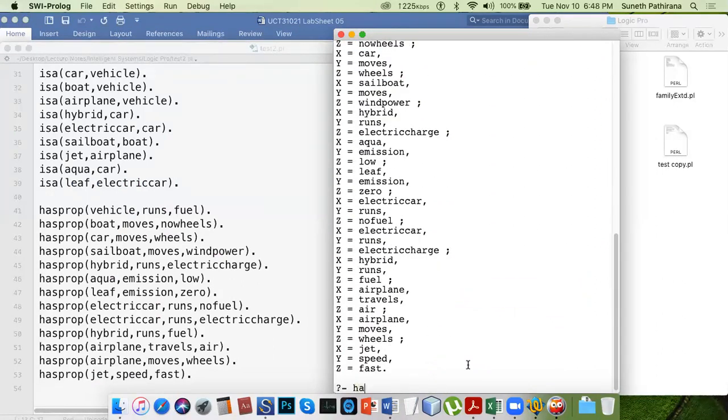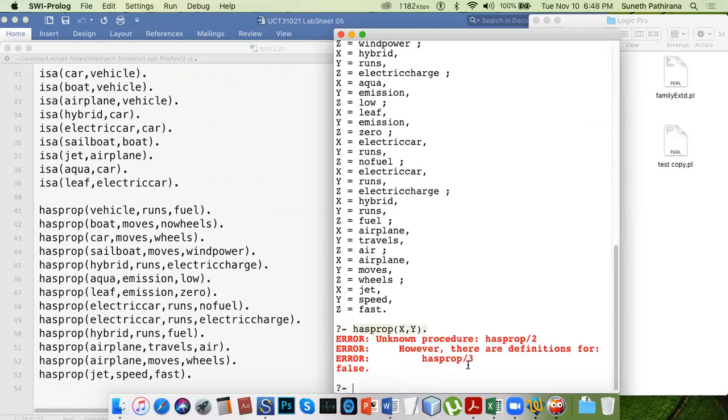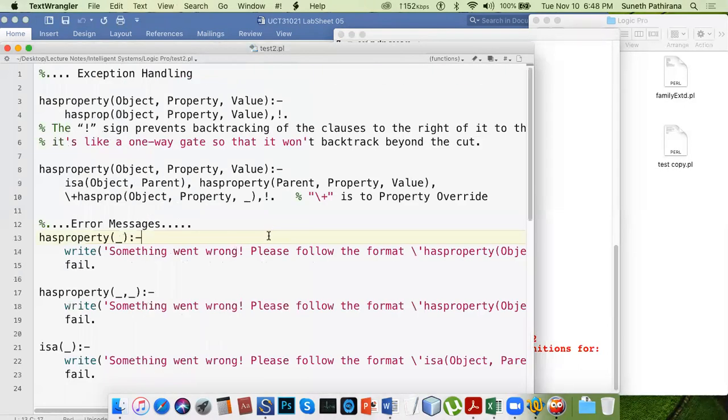What will happen if you put has prop x, y only? No. So there are definitions, so it's not working here.